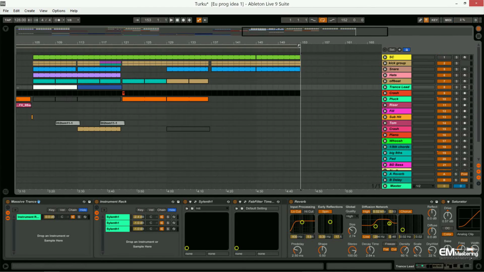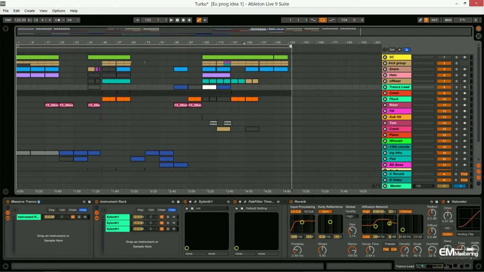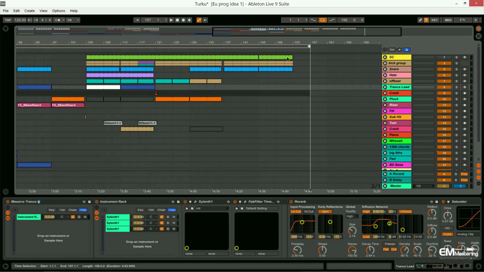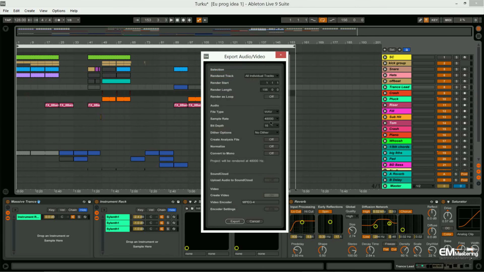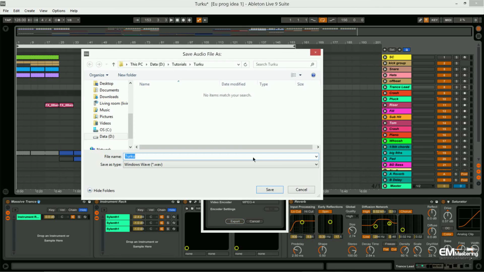set up right. So I always recommend you leave a little bit of room at the end just to make sure the tail of whatever is ending the track isn't going to get cut off. There's not really a tail at the end of this one, so I'm just going to click that loop so that the whole thing's selected, and then I'm going to go back, hit export, double check all your settings there. I recommend doing 24-bit 48K, and then we're going to hit export, and I'm going to make sure that we've got it